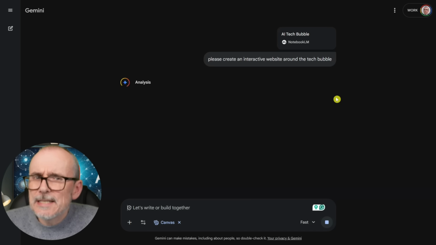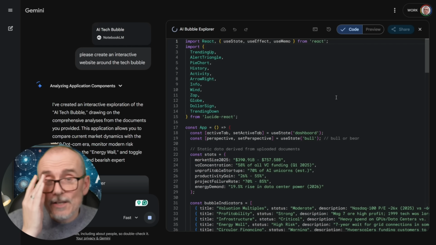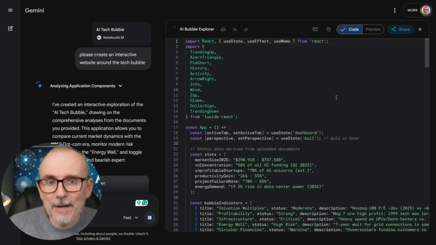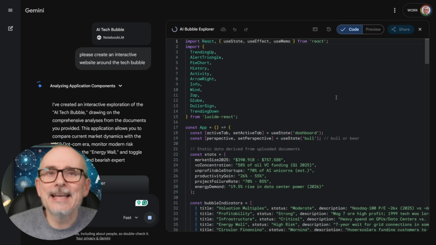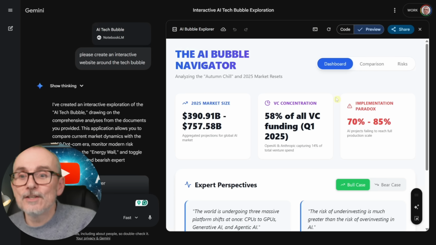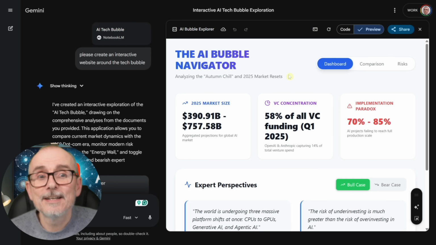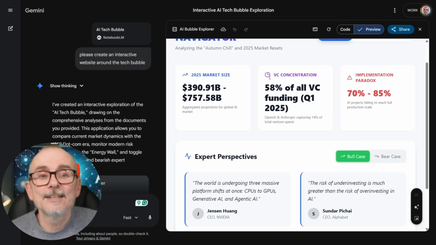It'll take a little bit of time, a minute or 2, I think. This is the power of being able to link NotebookLM with Gemini. You can use all the power of Gemini, and I can tell you it is very, very powerful. But use all of the information that you put in through NotebookLM, you've gathered and curated in NotebookLM. Fantastic. Here we go. AI Bubble Navigator, dashboard,